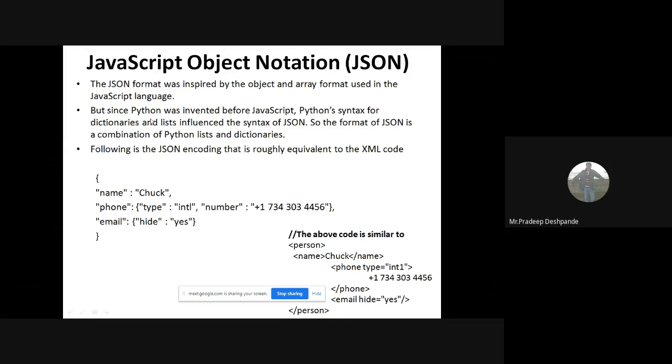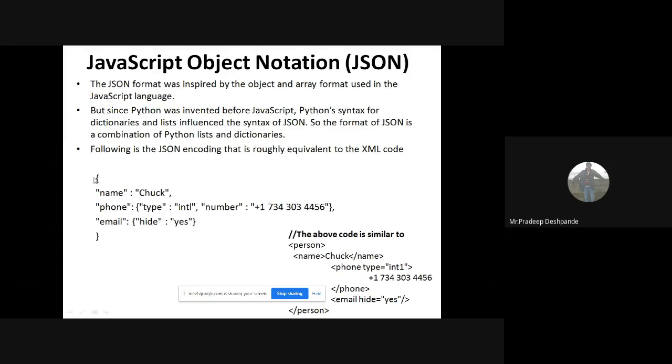But since Python was invented before JavaScript, Python syntax for dictionaries and lists influenced the syntax of JavaScript Object Notation. So the format of JSON is a combination of Python lists and dictionaries; the syntax of JSON includes lists and dictionaries. You can see one example here.